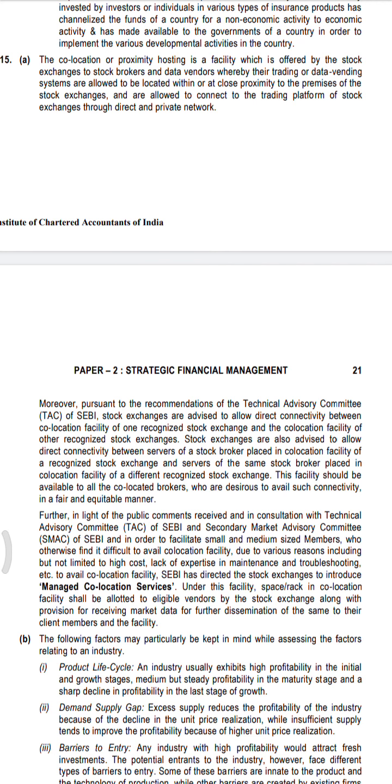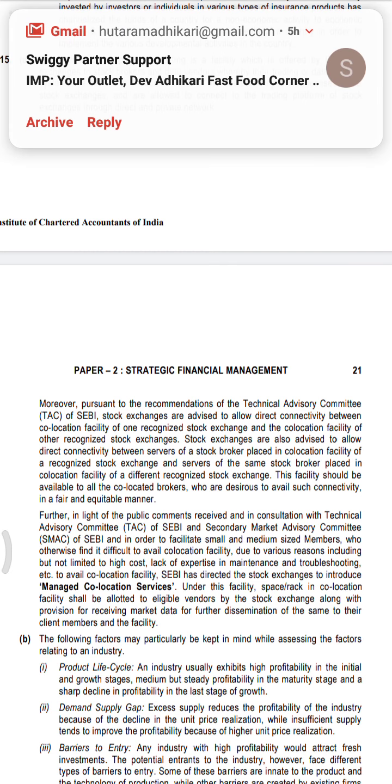and equitable manner. Further, in light of the public comments received and in consultation with Technical Advisory Committee of SEBI and Secondary Market Advisory Committee of SEBI, and in order to facilitate small and medium sized members who otherwise find it difficult to avail co-location facility due to various reasons including but not limited to high cost, lack of expertise in maintenance and troubleshooting, etc., SEBI has directed the